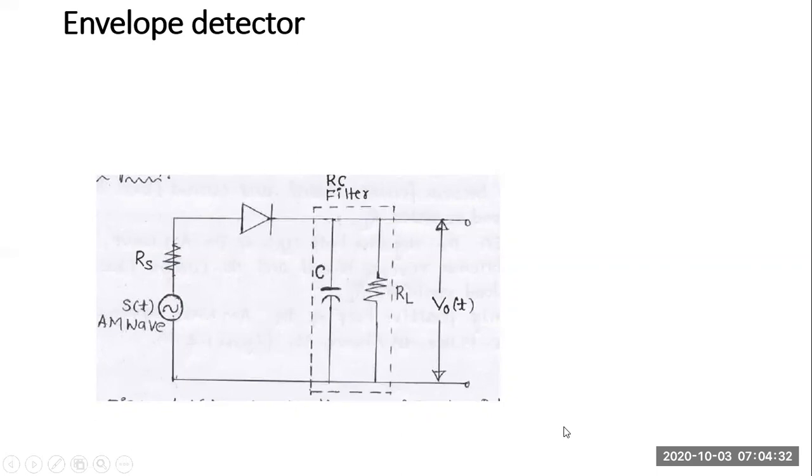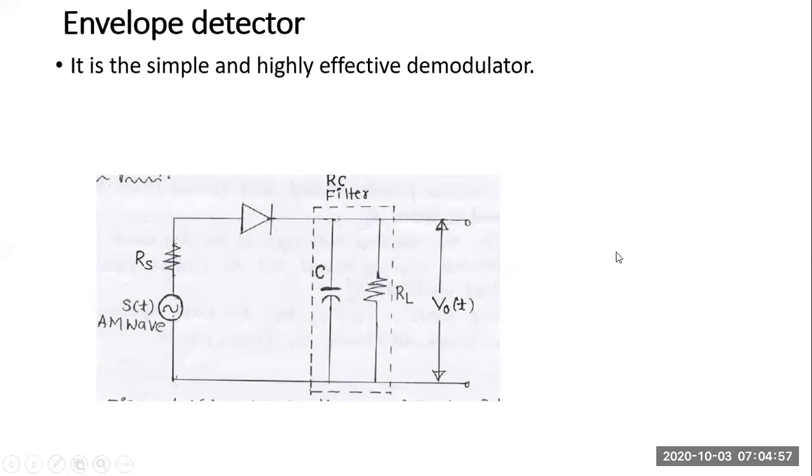So here the envelope in AM is nothing but an imaginary line joining the peaks of the carrier throughout. We had an imaginary line which would trace the shape of the message. It would join all the peaks in the AM signal. It would be in the shape of the message. So that envelope we have to detect here.